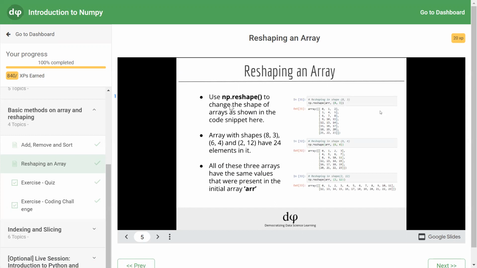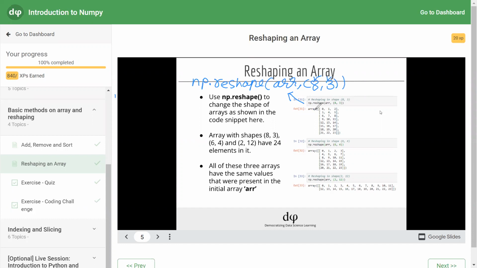Use np.reshape to change the shape of the array as shown in the code snippet here. The first example: we are running the np.reshape function on the NumPy array ARR, which contains 24 elements, and we are shaping it as 8, comma 3, which means it will contain 8 rows and 3 columns.